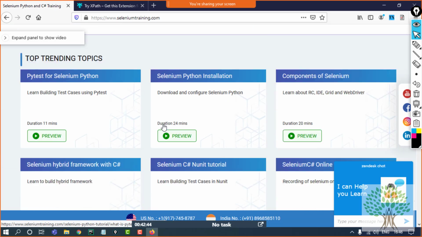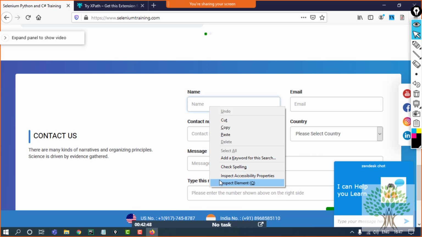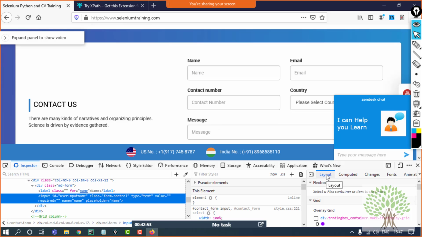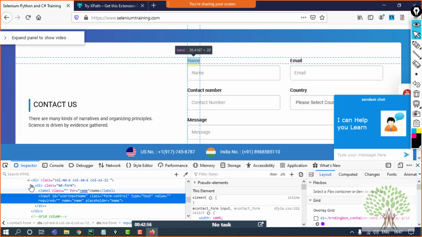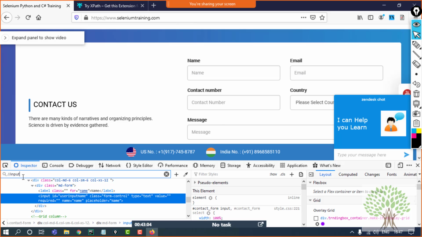For example, if I make the XPath for this text box, I'll inspect this element and make a partial XPath for it, which will be double slash input. Now I know the tag name, so I can use it, otherwise star also works fine.